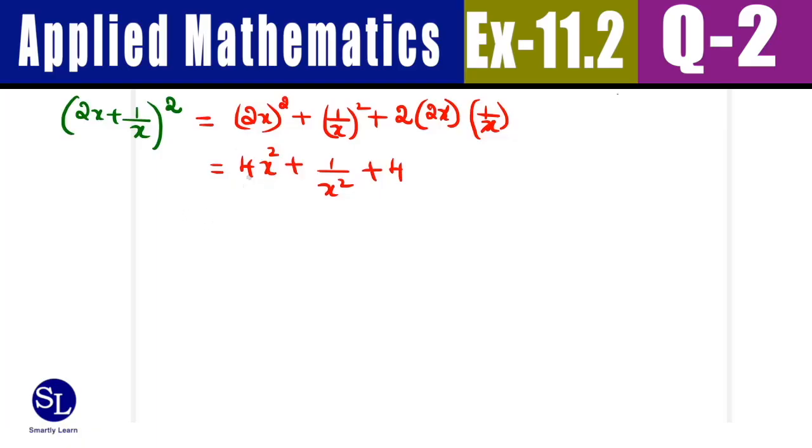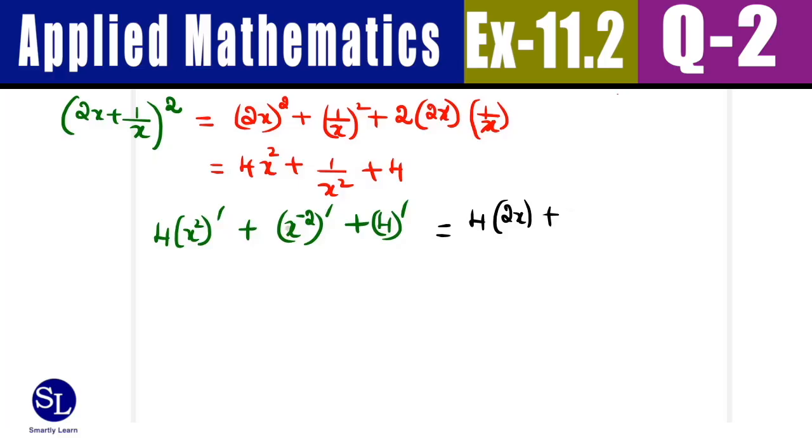So 4x squared, if I have to differentiate, this is 4 into differentiation of x squared, plus 1/x squared, I can write it as x power minus 2. So that is what I need to differentiate, plus differentiation of 4. So let's start doing the differentiation. 4 into differentiation of x squared is 2x, plus differentiation of x power minus 2 is going to be, remember